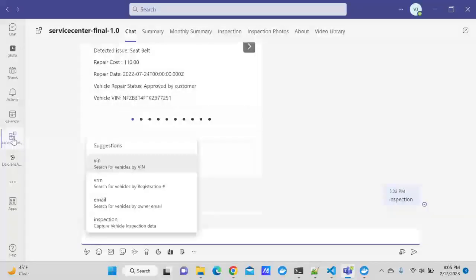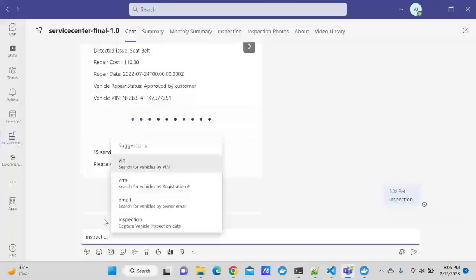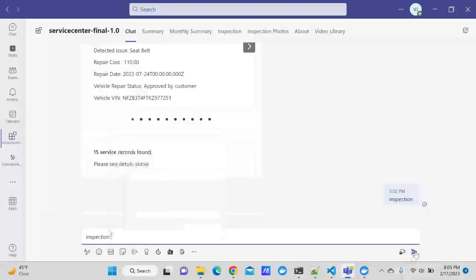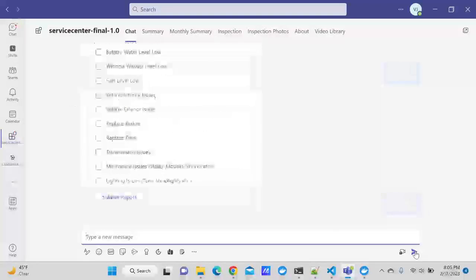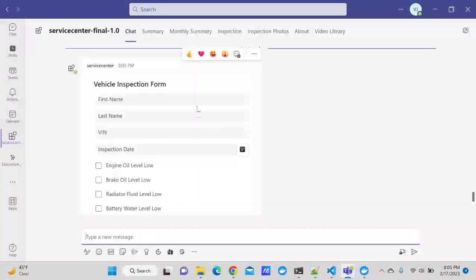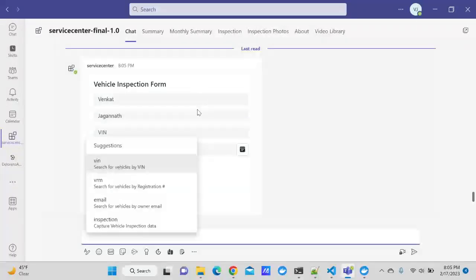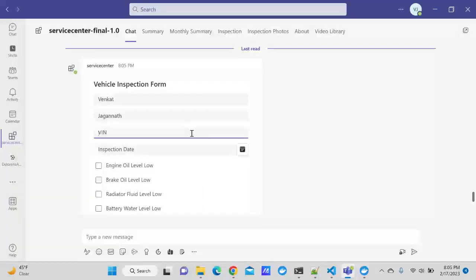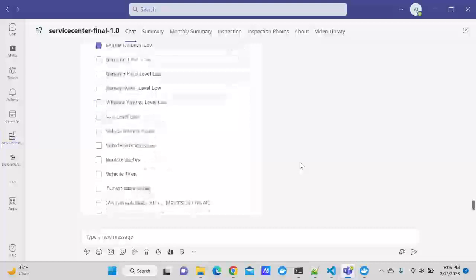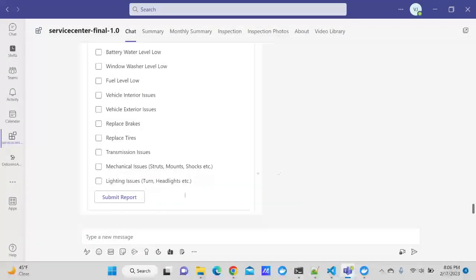If you want to capture an inspection via command bot, this is the way we do it. It gives back an answer, and then you can fill out a form. This is a quick form. It's almost a bot integration. There's no interaction with any customer or anything. The customer is actually asking for an inspection form, and you're giving a form, and this can be filled by the customer on the other side, and the bot is taking the answer, right? So you're gonna pick today's date here. Imagine that the customer is actually picking all this